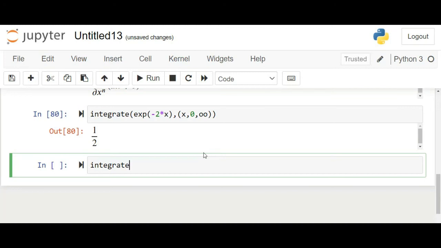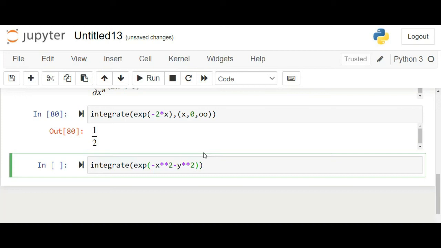We want to integrate the exponential of minus x square minus y square,